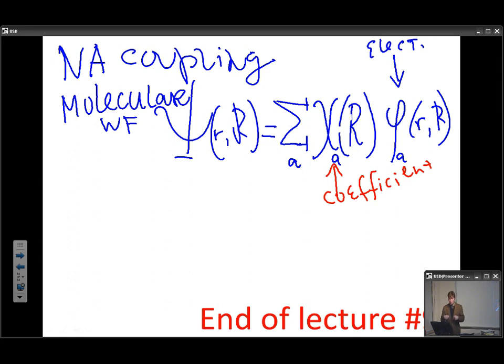Those coefficients, at the same time, play a role. They can be treated as wave functions of nuclei, depending on the probability amplitude distributions for ions: the probability to find an ion a little further, a little closer. So this summation of products is correct, but it is not comfortable. It makes all problems too difficult. And the natural wish is to simplify